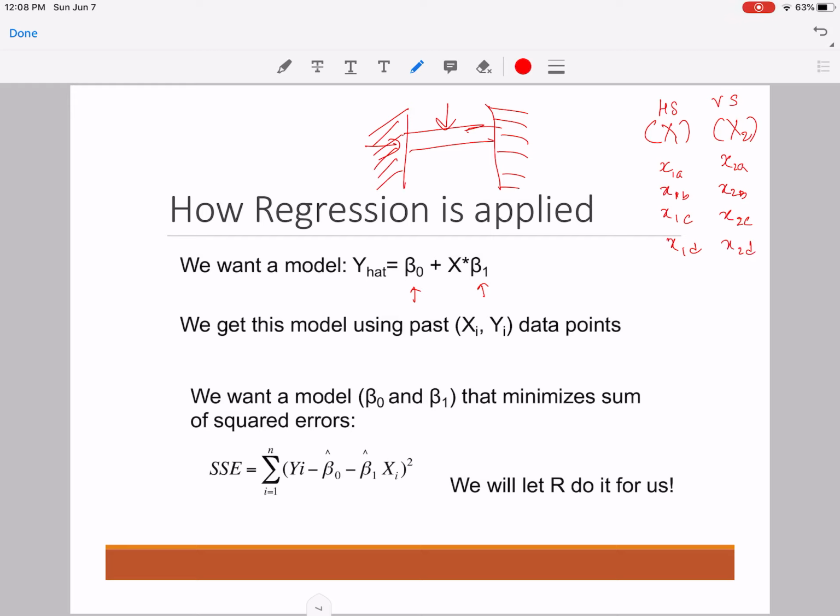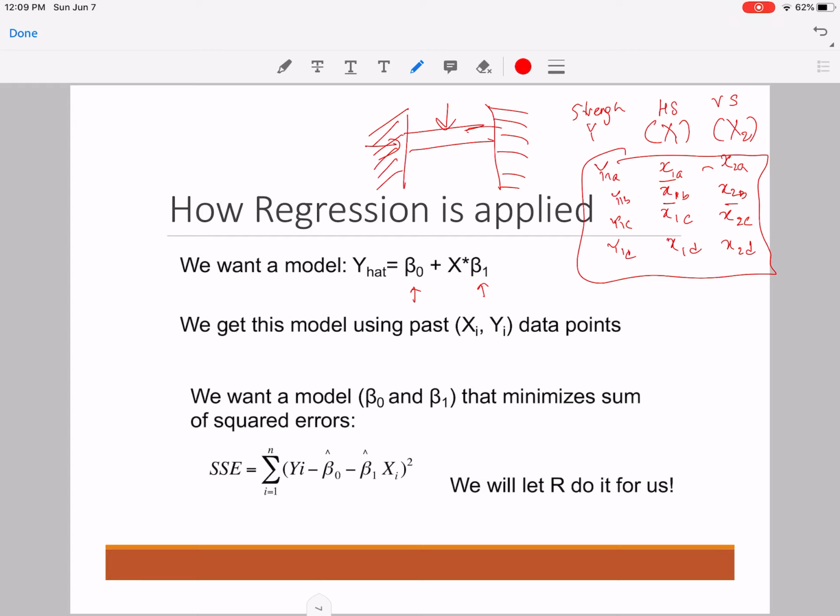Corresponding to the horizontal stress x1a and vertical stress x2a, let's say that I can quantify the strength of the beam. Let me call it the variable y as y1a. That's the observed value. For x1b and x2b, the value is y1b, y1c, and y1d. Now, using this data that you constructed by performing experimental studies on this beam,